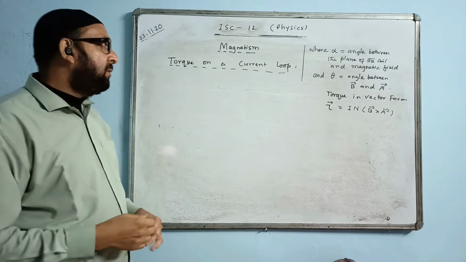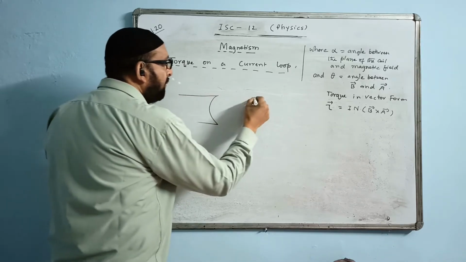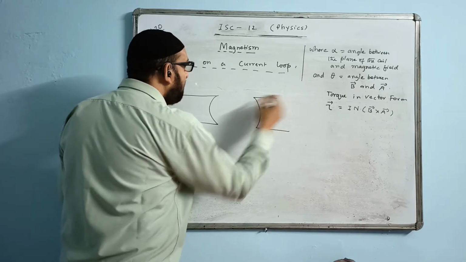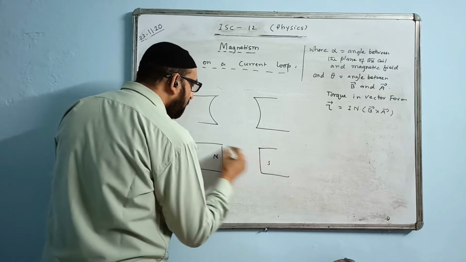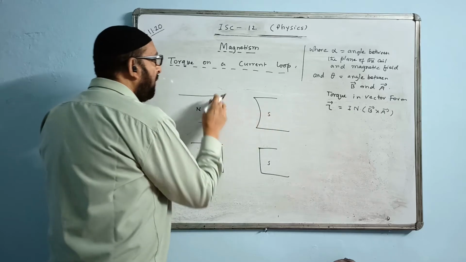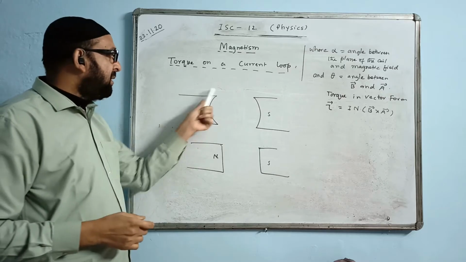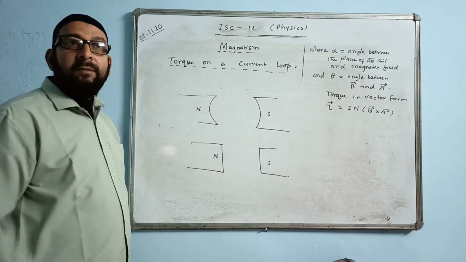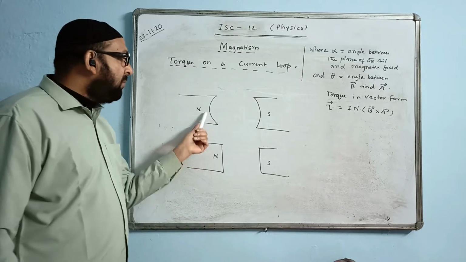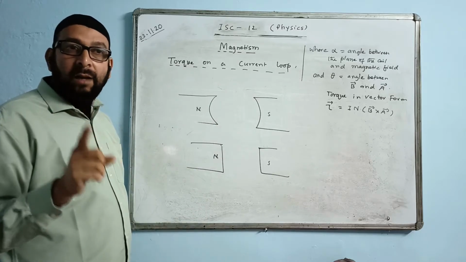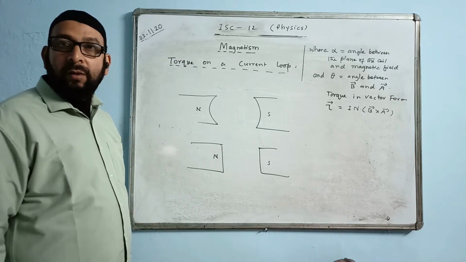To make that happen, we will have the pole pieces of the magnet. Previously I showed the magnetic pole pieces, the north pole and south pole here. The pole pieces are cut concave, that is, made cylindrical. You can say cylindrical pieces, or they are ground concave. Why? This will provide a maximum and constant speed of rotation to the coil, or maximum and constant torque.